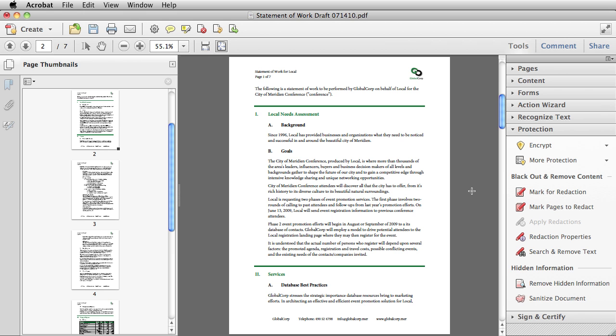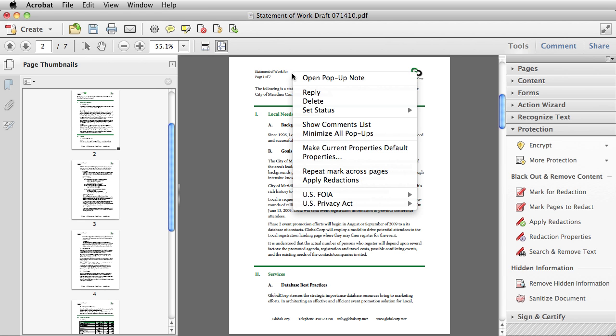A new capability in Acrobat 10 that I love is the ability to automatically mark content for redaction that appears in the same location across multiple pages. So I select Mark for Redaction, and let's say I want to get rid of the word local in my header. I select it on one page, right-click or control-click on it on a Mac, and then choose Repeat Mark